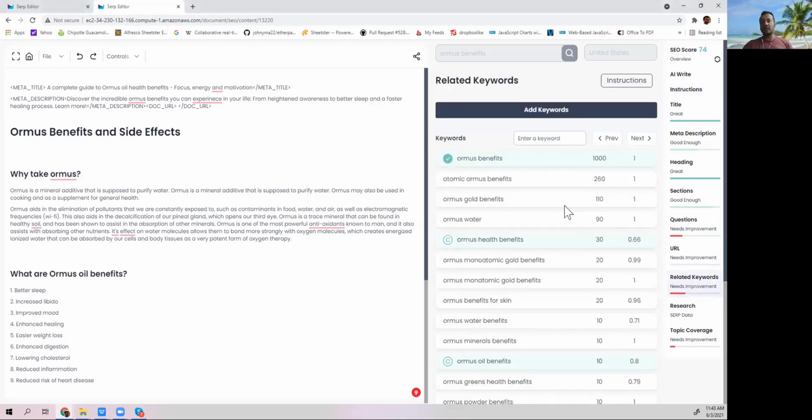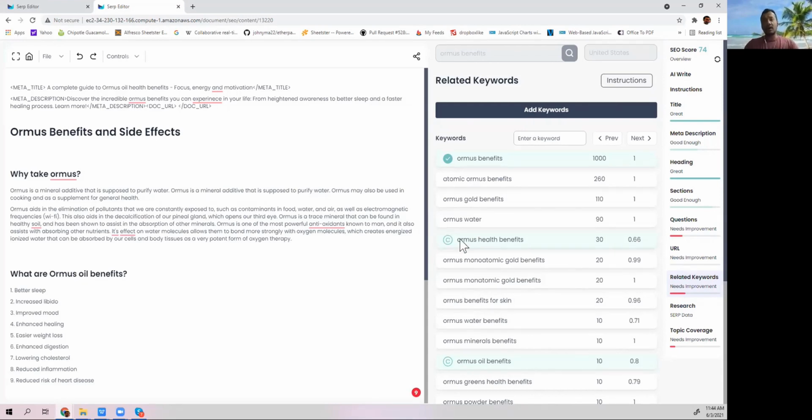What we do is slightly different. We enter the focus keyword and we gather all the related keyword data around it that people might be looking for, which is closely associated with the user intent already for you. So you don't have to do that related keyword research on your own with any other tool. All you need to know is what keyword you want to target, one focus keyword, and you go about creating content using this.